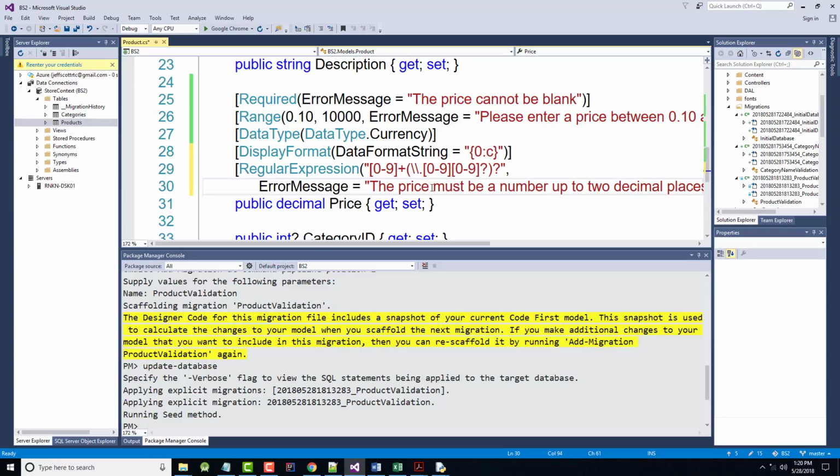This regular expression allows a number to optionally be followed by a decimal point plus one or two numbers. This allows the formatting of like 1 or 1.1 or 1.10, etc. But now, if we save this and run it again,